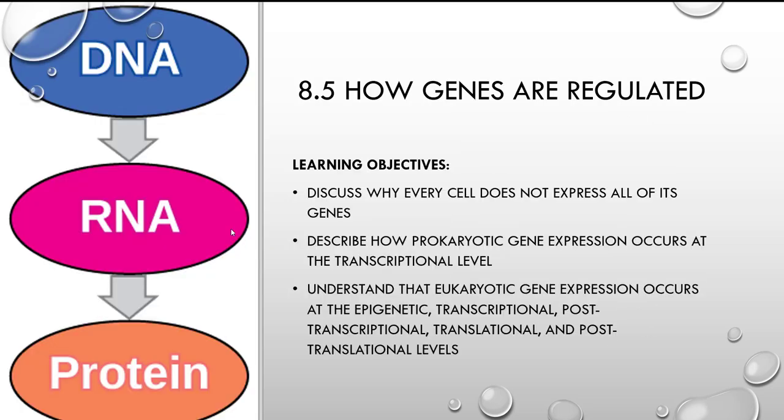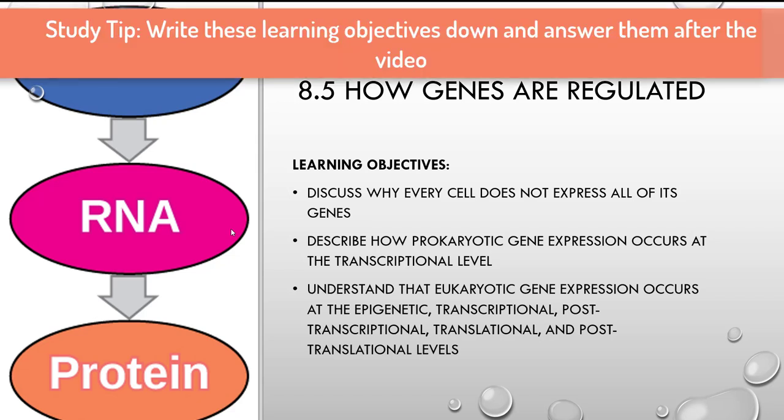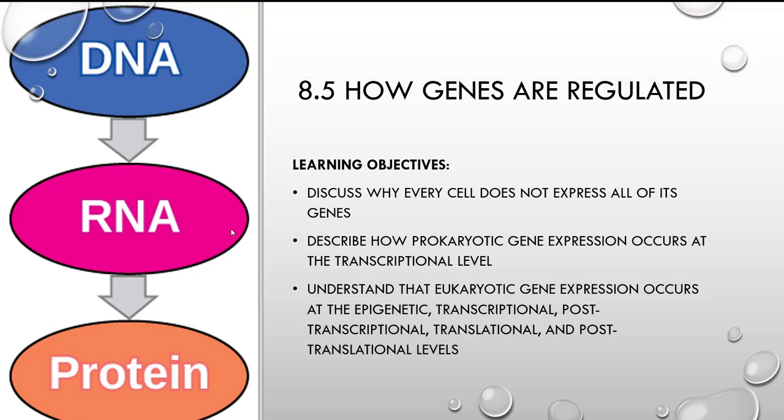Okay. So we know that cells need to control or regulate when transcription and translation take place. We're going to learn about this process of turning on a gene to produce RNA and protein, and that's what we call gene expression. We're going to look at what it takes for each cell to control when and how its genes are expressed. So we'll look at those mechanisms to control that.